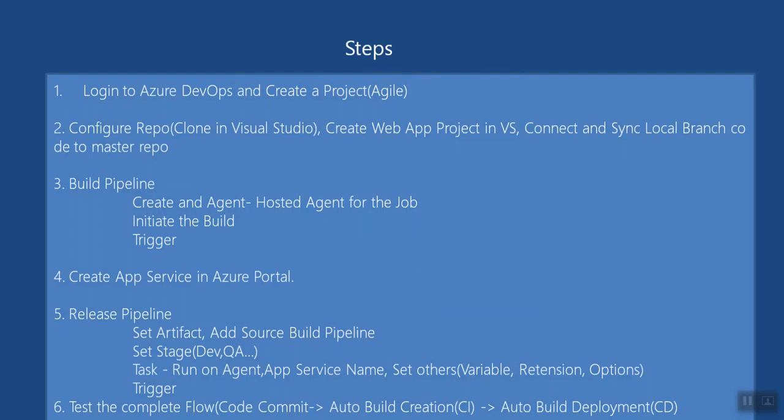So login is fine. You will create a login to DevOps, and you will create a project, which is very straightforward. The first major step will be doing the configuration and repo. Once you create Azure DevOps, you will see an option to clone in Visual Studio. That will be an empty project.